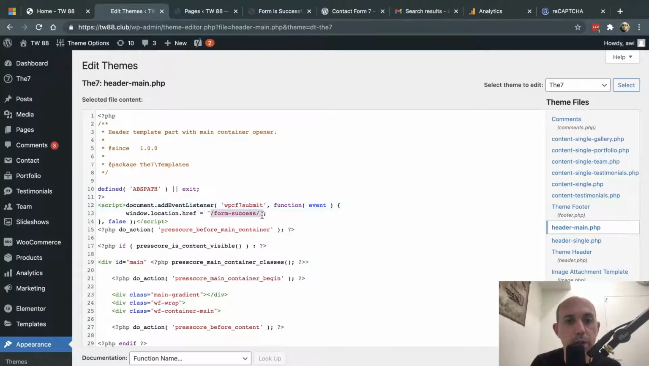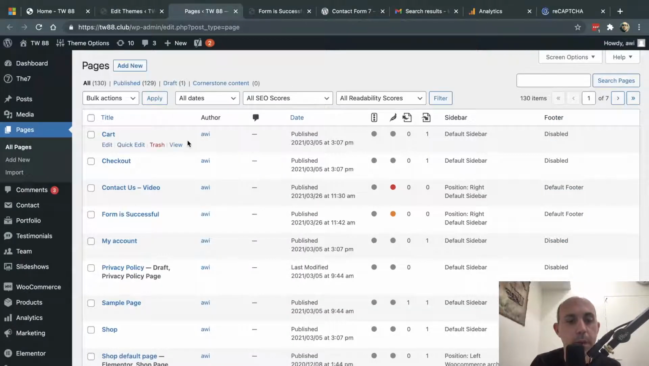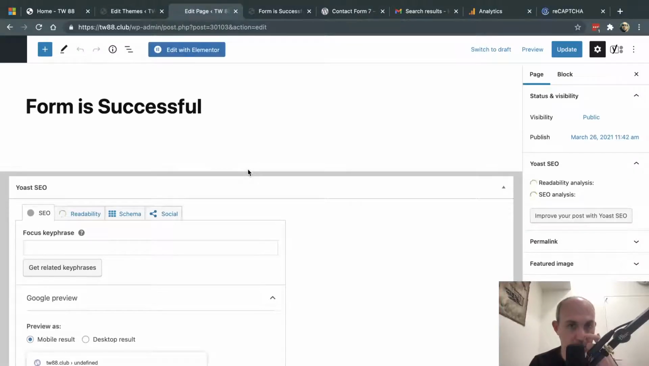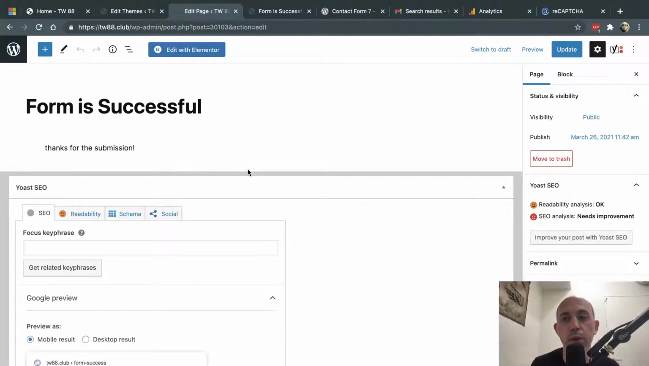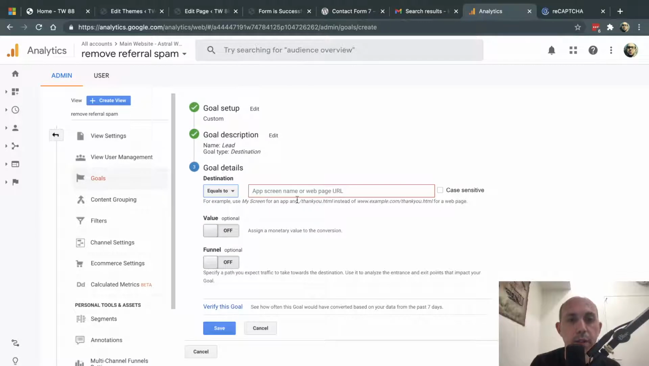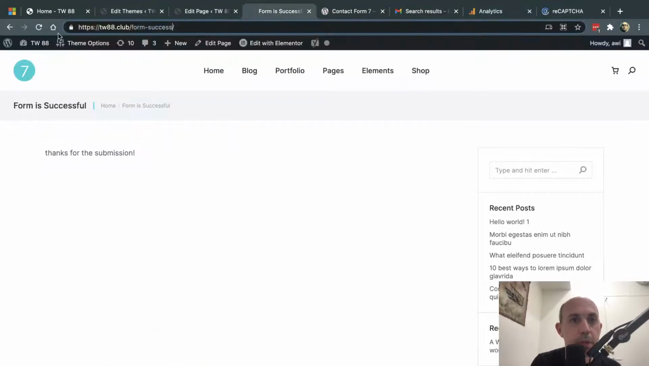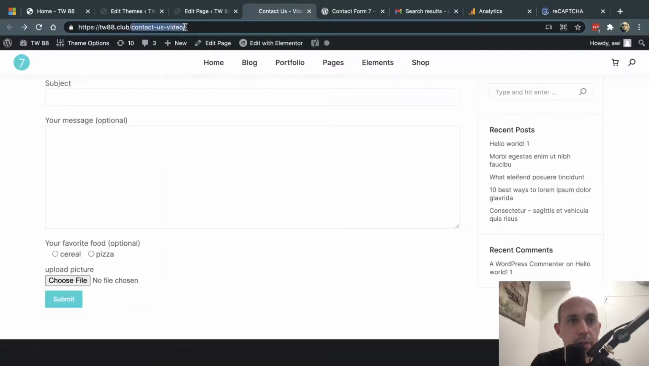Let me copy this. Created a page right here, Form Successful. And I basically just made a page, and I basically said if it submits successfully with all the validation, everything was correct, the email gets sent, I actually redirect the customer. And then you can go to Google Analytics and go here to destination and type in the form success. If someone goes to that success, and for example, they came from the contact form, let's go back to the page, for example, this page,